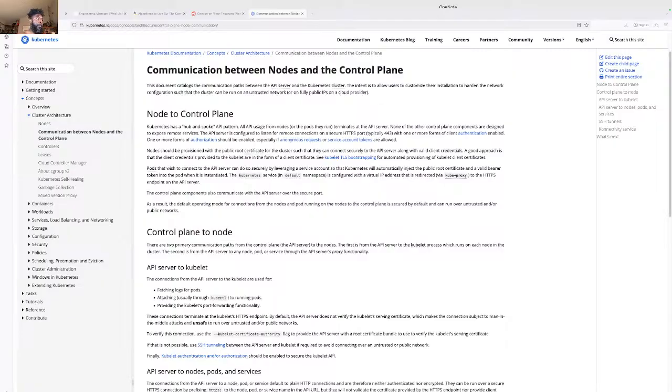I'm assuming it's fetching logs from the pods. Attaching to running pods, usually through kubectl, and providing the kubelet's port forwarding functionality.